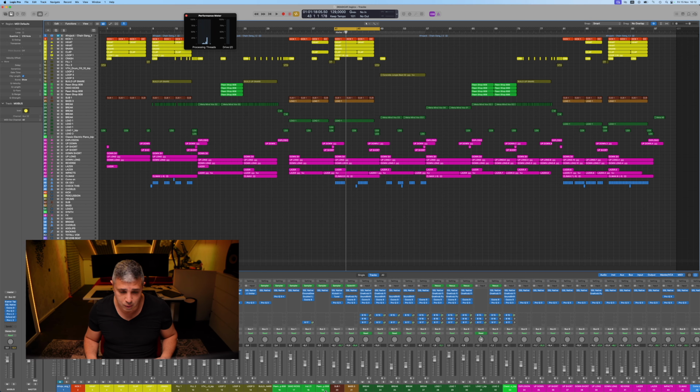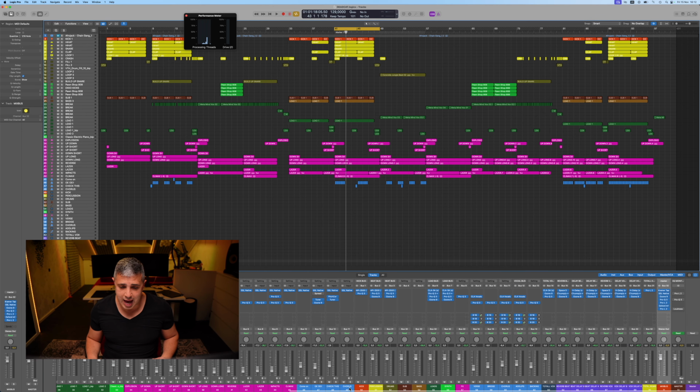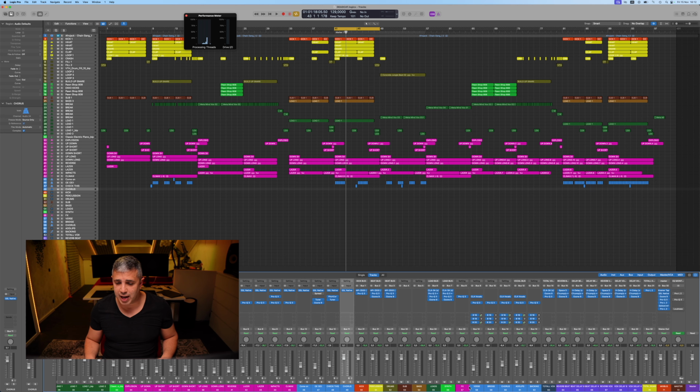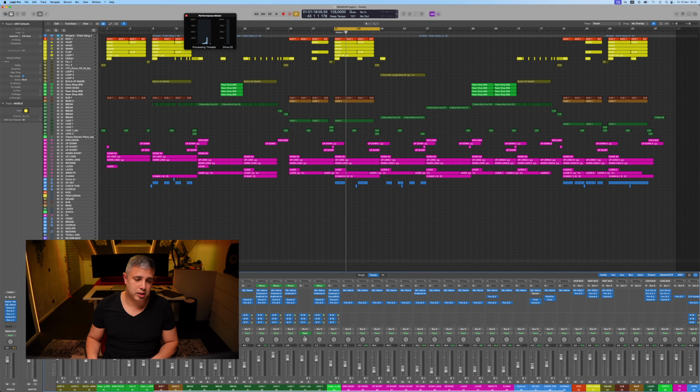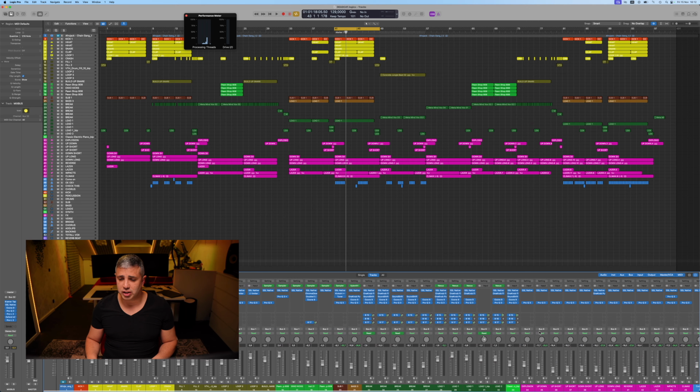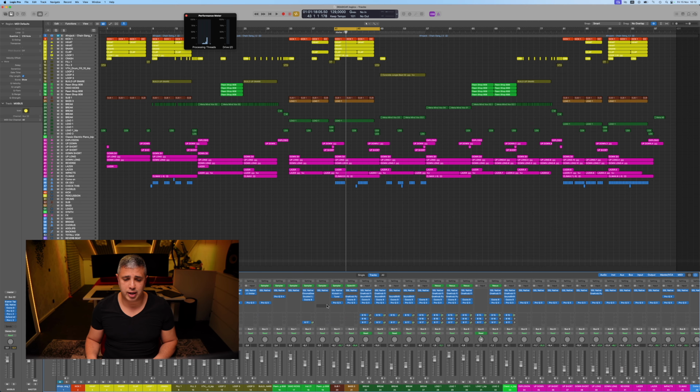So, I have 49 tracks, I have 8 buses, I have a couple of vocal buses, a total vocal bus, 6 effect buses, a total drums bus and a mix bus. And as you can see, this is just an average track. I don't know how many plugins I have loaded up, but it's 49 tracks with an average of 3 to 4 plugins for each track. It's average. Okay, so here on the top I have my performance meter, and as you can see it's almost